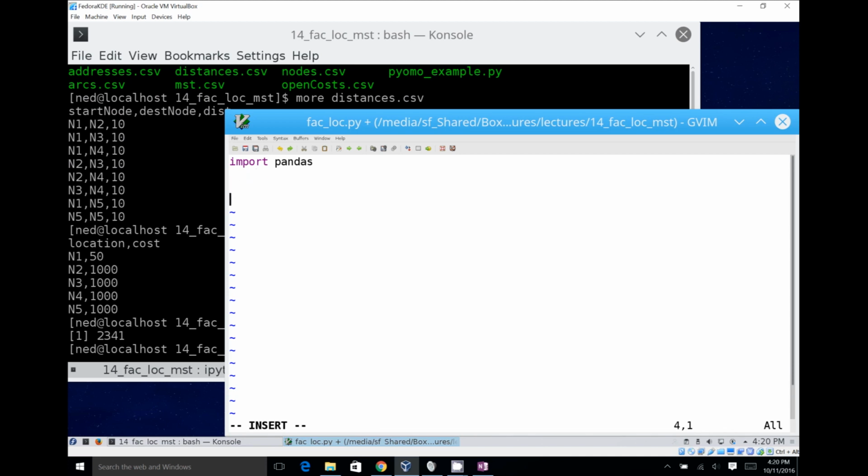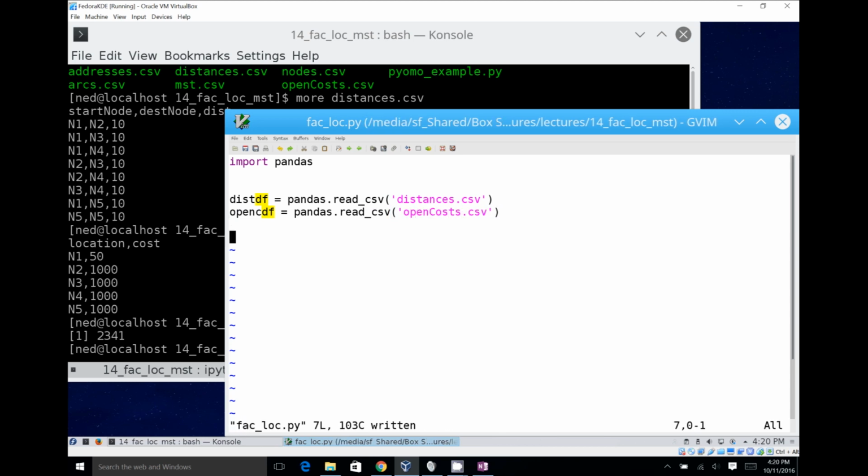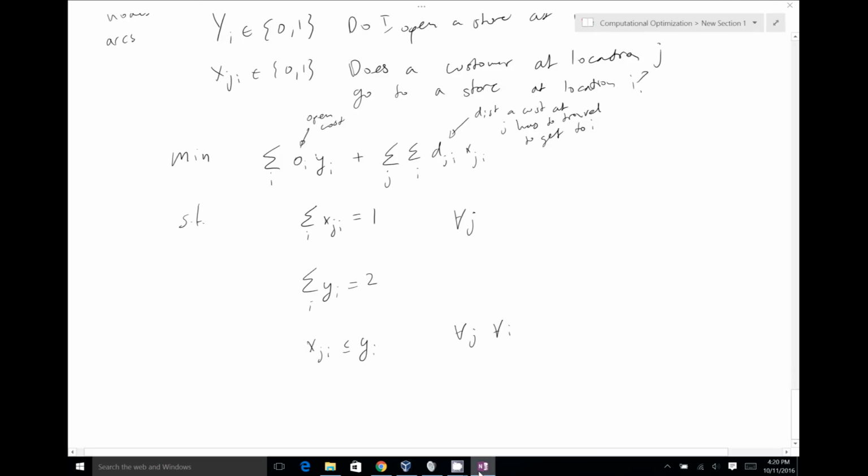Okay, so I'm going to start us off here with the distance data frame, which is pandas read of distances.csv, and then I have my open cost data frame, which is going to be this open costs.csv. Okay. So the first thing I want to do is I want to make sure that before I start